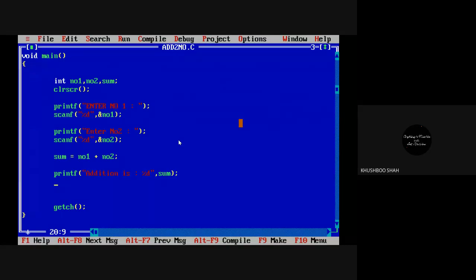But here the format, so basically you have two different types of printf statements. You can see the different format. See, in this we are just displaying the message, whatever we have written in the double quotes. But here the format is a little bit different. Here we have double quotes. Inside the double quotes, we have one text, that is "addition is", along with the format specifier. Then we have a comma, and after the comma we have the variable. What is the meaning of this line? Let's understand this.